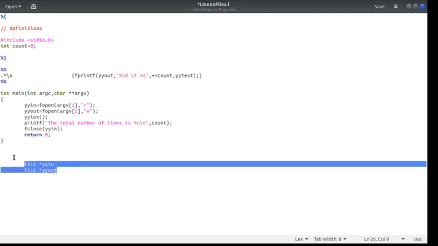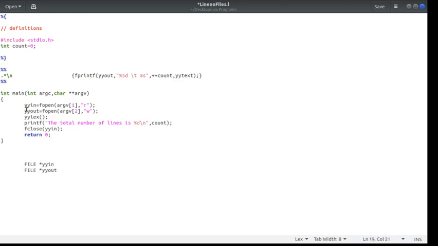When you want your LEX program to read something from a file, you have to use yyin, and when you want to write something to a file, you have to use yyout. The two file names, that is our input file and our output file, we are going to give from the command prompt. For yyin we are using fopen, and the argument, which is the file name, comes from the first argument of the command prompt, and we are opening it for reading.